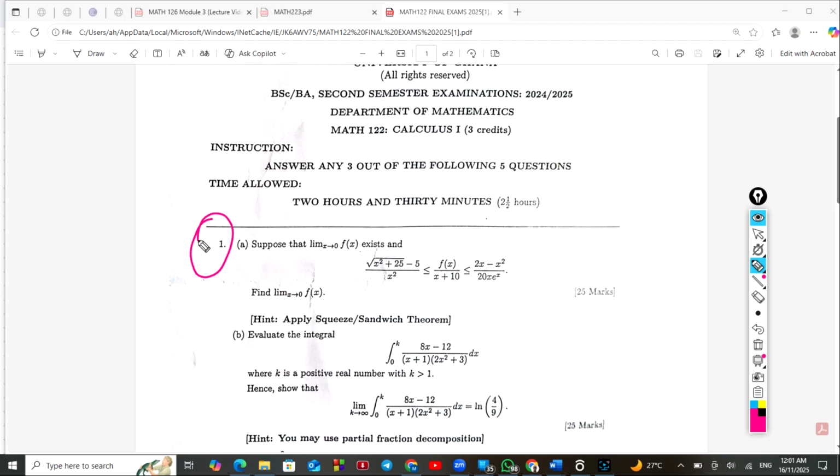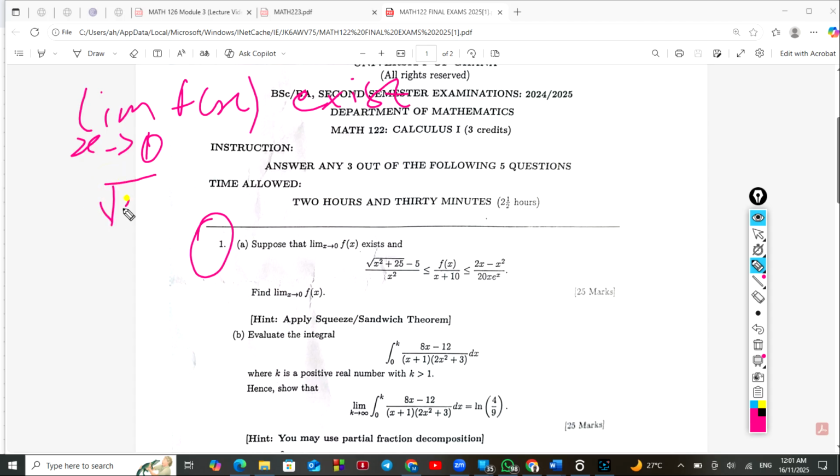Suppose that the limit as x approaches 0 of f of x exists. So we are supposing that it exists, and this x square plus 25 minus 5